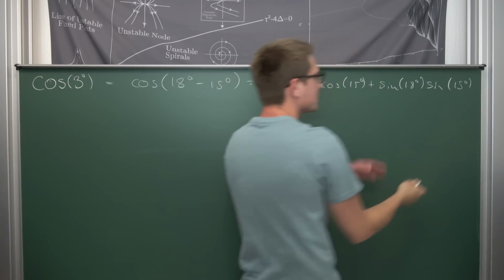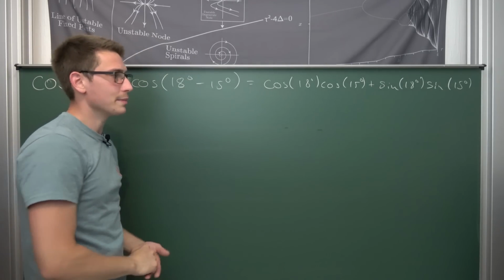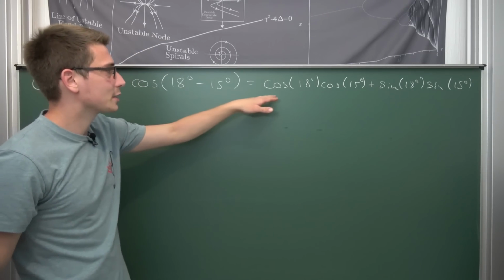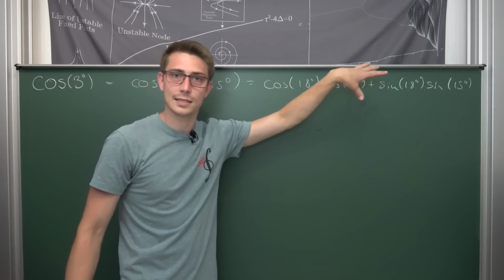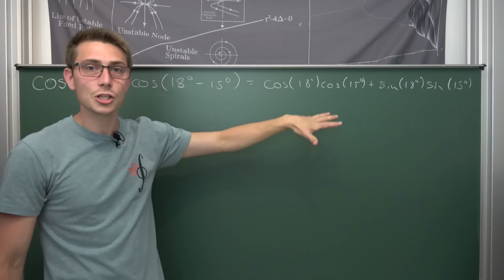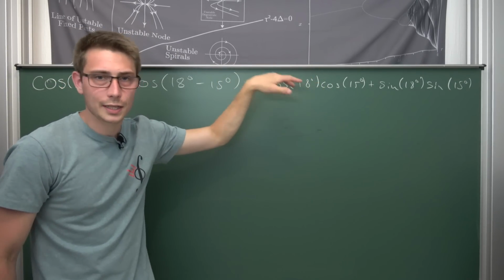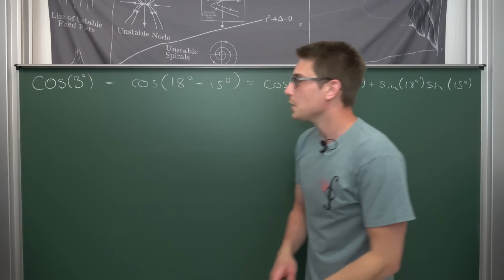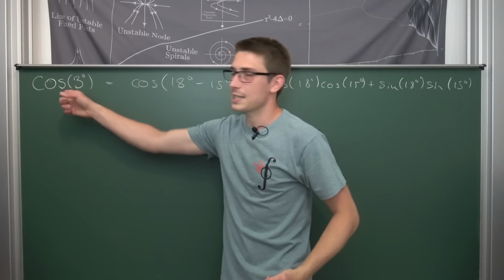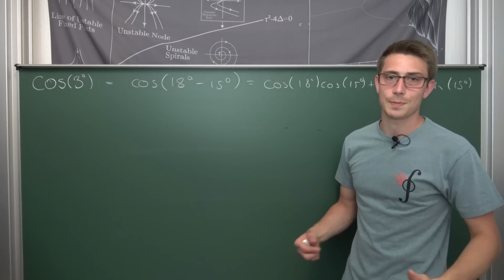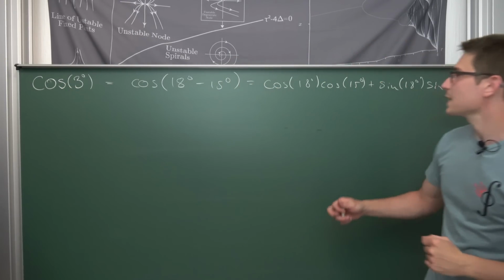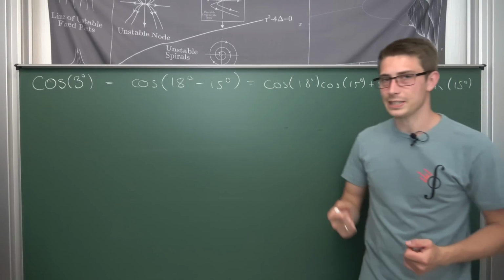I mean, it's looking a bit worse, but it's going to make matters way easier, because now we can find the cosines and sines of 18 and 15 degrees individually, and then by just multiplying those algebraic equations together, we are going to end up with a final exact value for the cosine of 3 degrees. This is basically our plan. Now let us get started with the cosine and sine of 18 degrees